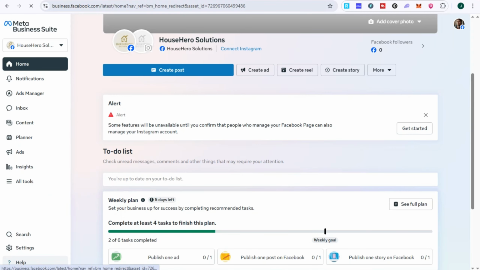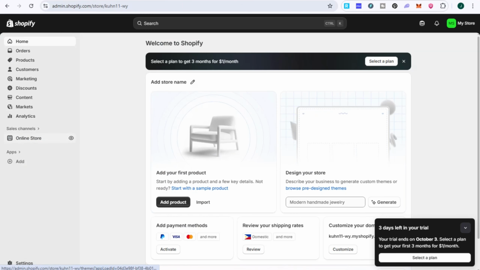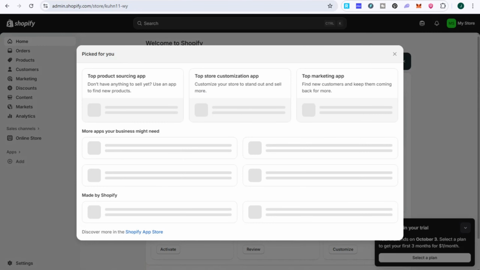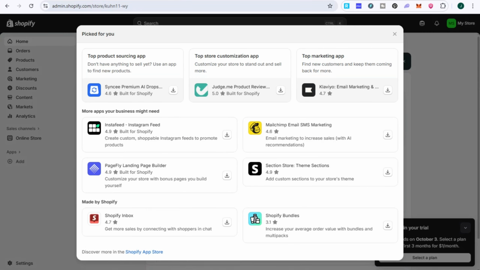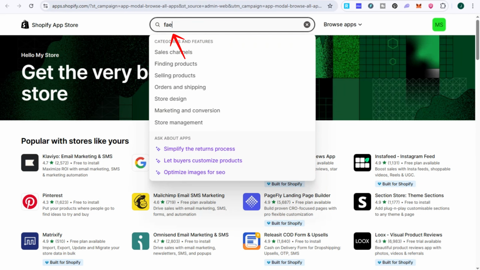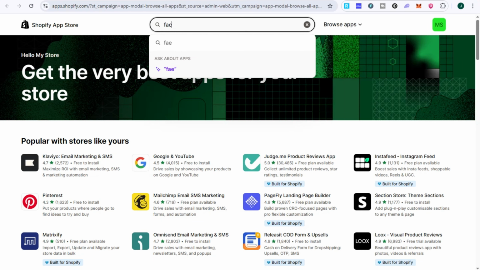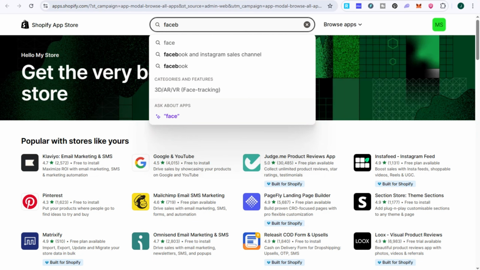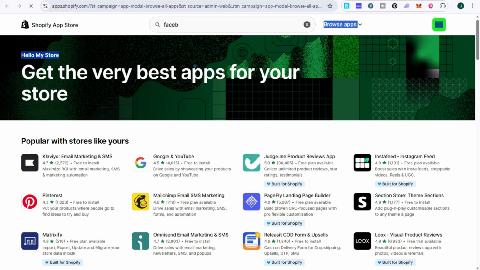Now, in order for you to simply connect your Shopify store to Facebook and Instagram, just go to your Shopify, go to your App Store, tap this one right here. And in the Shopify App Store, you have to search for Facebook and Instagram. Go to the search icon or type Facebook and Instagram. And if you see this one right here, what you're going to do is click and then install this to